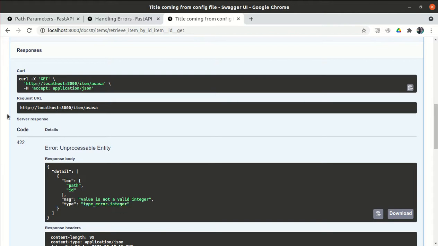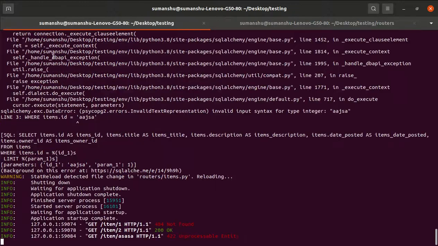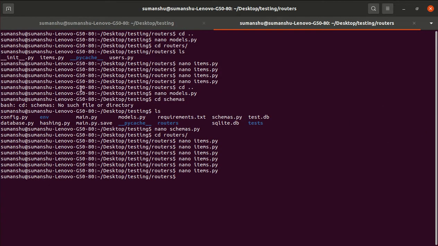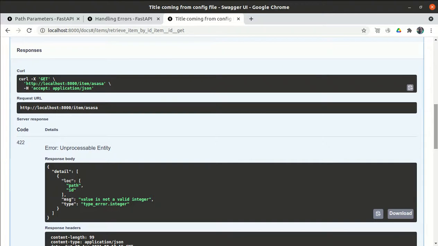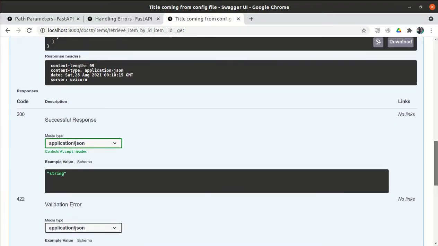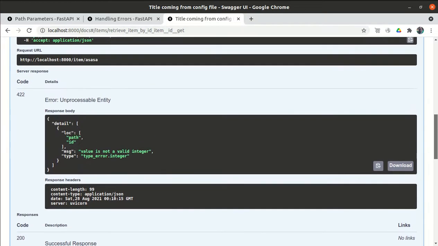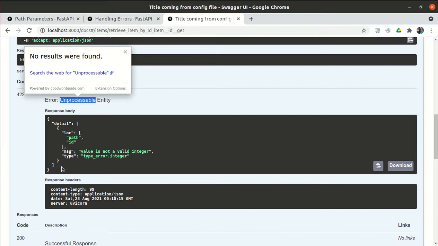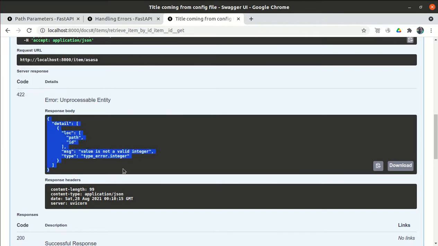So rather than my application itself failing, it will pass me a particular response, 422 unprocessable entity, and it will automatically give a beautiful output.